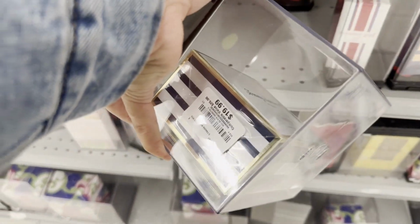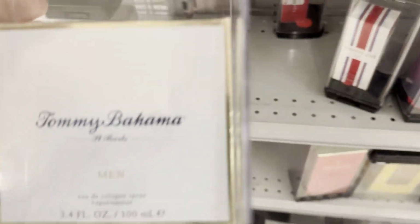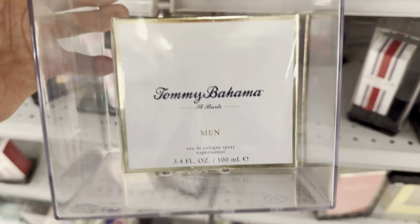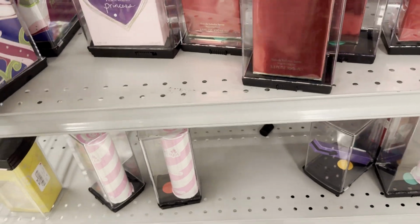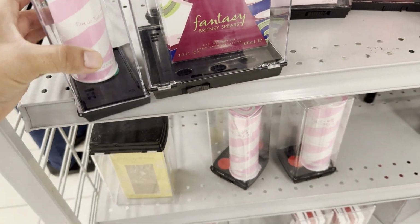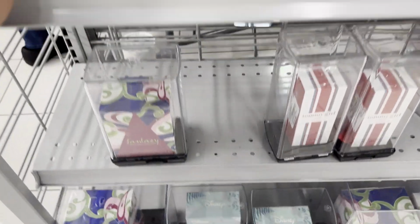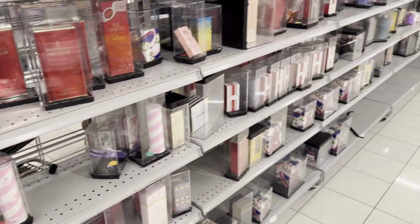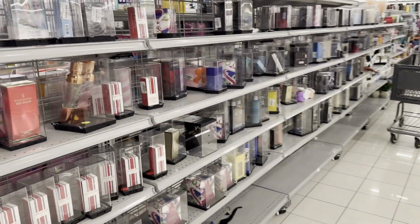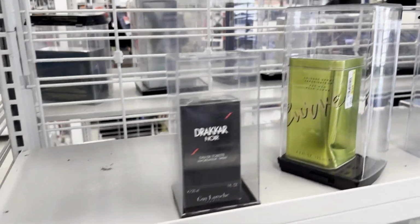And Tommy Bahama, I think this one is St. Barts. I heard that one's the best of that fragrance line, but yeah, maybe I'll pick it up another day. There was a lot of pink sugar, a lot of the usual, and just, yeah, in general. Next, we went to Ross next door,